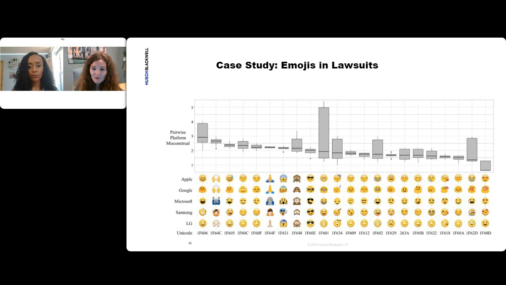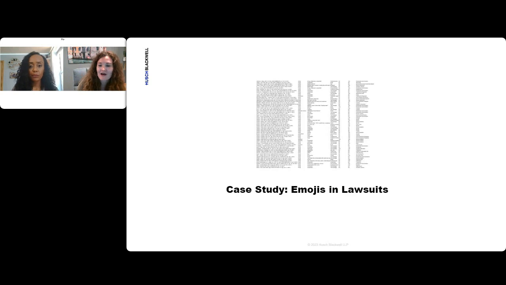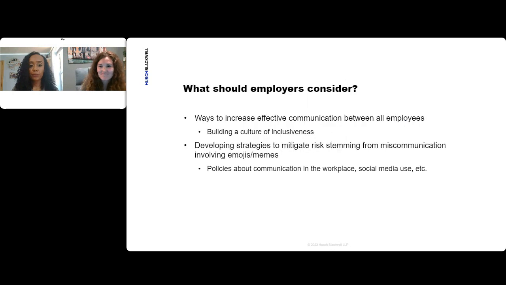And so importantly, jumping back to this case study about emojis and lawsuits, employment discrimination is the number two most common type of lawsuit we're seeing. And so being aware of this for you all, there are a couple of things to consider. This is very general advice, so obviously there may be situations where you need to consult counsel as they arise, but look at ways that we can increase effective communication between all of our employees, regardless of age, gender, ethnicity, and that starts with building